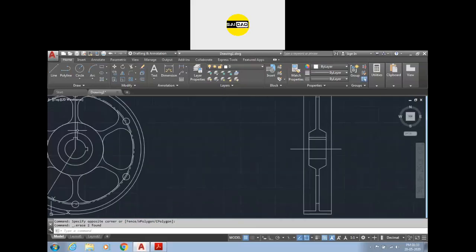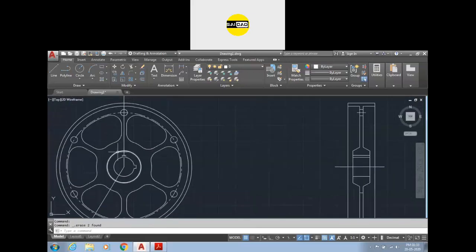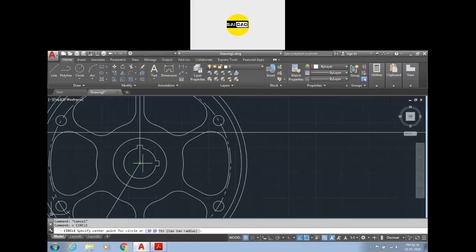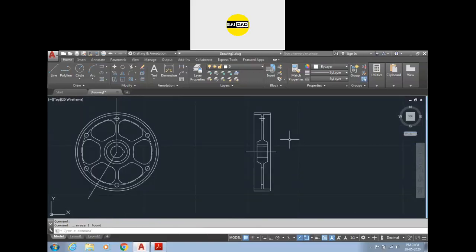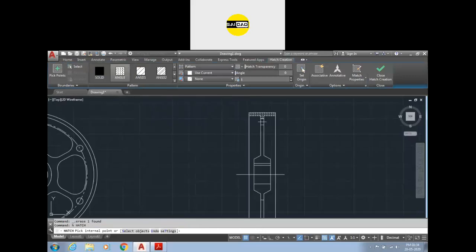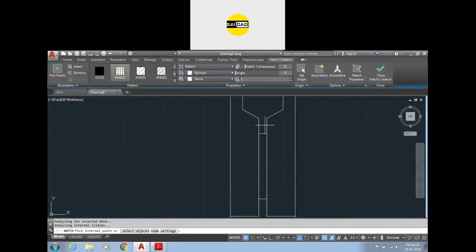So now if you want to create the third circle here, first I have to delete these 2 circles. Okay. So to create third circle, go to the construction, horizontal, go here. Now you can just create a circle from this point to this point, and the third circle is created, and delete the line. So this is the projection. Now this is the section view. We need to add the hatch. So H enter, select the area where you need the hatch like that.